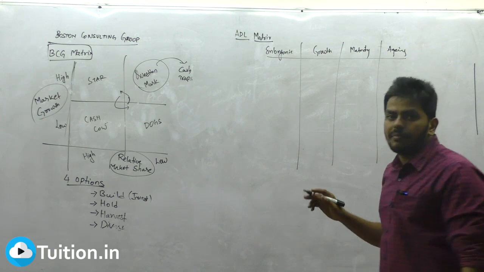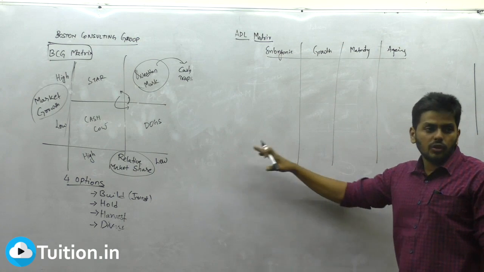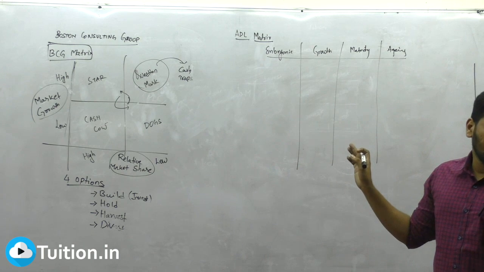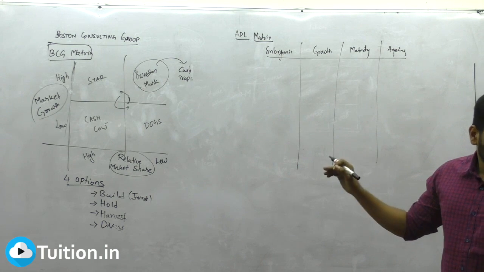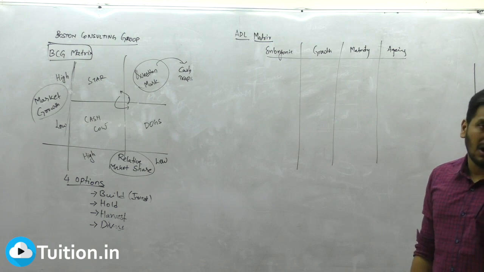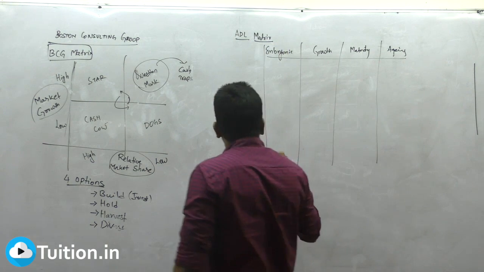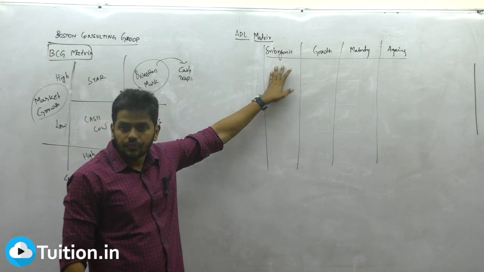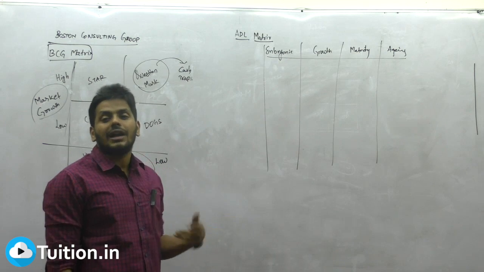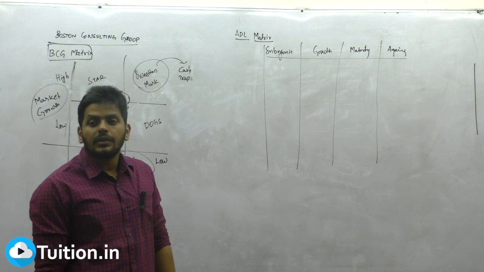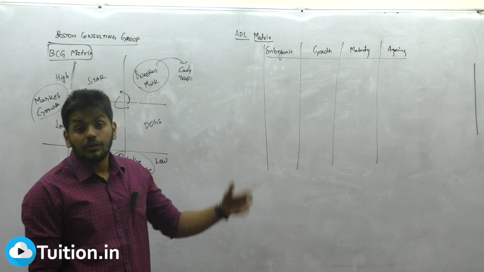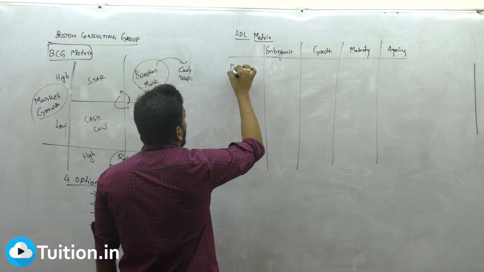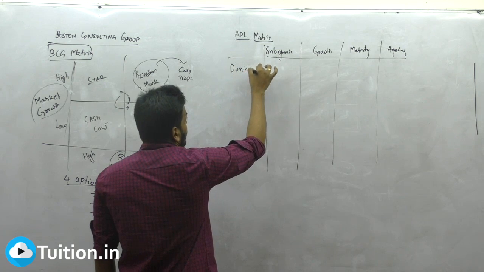Now, considering these four stages, everybody concentrate. It's a very, very well built matrix. You saw a 2 by 2 matrix, you saw a 3 by 3 matrix, and this is a 5 by 4, a 20 box matrix. It's something very interesting how we built up all the situations. Now watch out. Every company will go through this life cycle. True? Yes. But every company will also have a competitive position. Sometimes a company may be a weak competitor. Sometimes it's dominant in the market. So he classified the range of companies as dominant, strong.